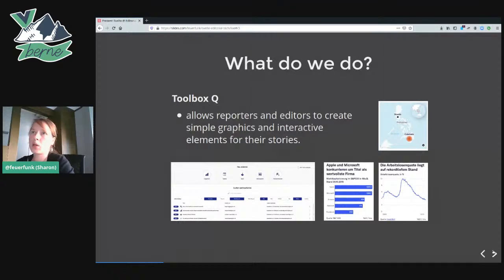What do we do in our team? We have two main parts in our daily work. One main part is our toolbox Q, which allows all reporters and journalists to create simple graphics and interactive elements for their stories on nzz.ch. Simple graphics meaning little charts, maps to show where the locations are in this article written about,